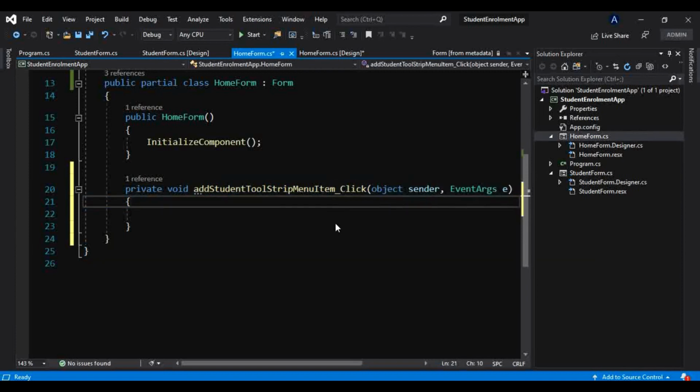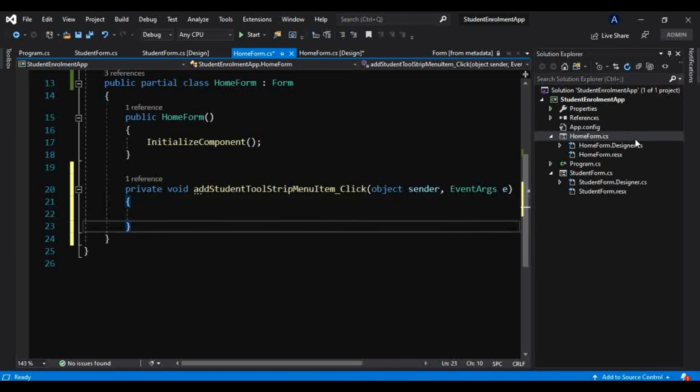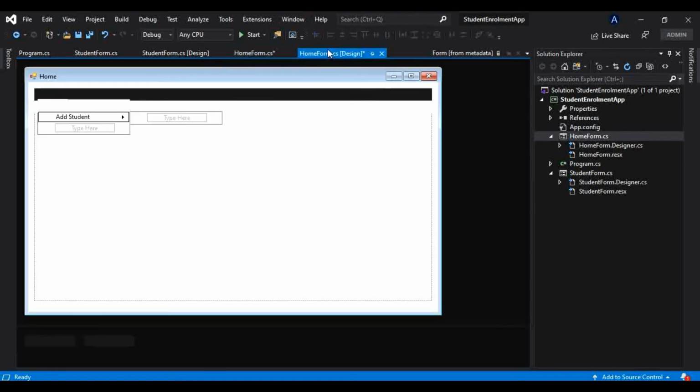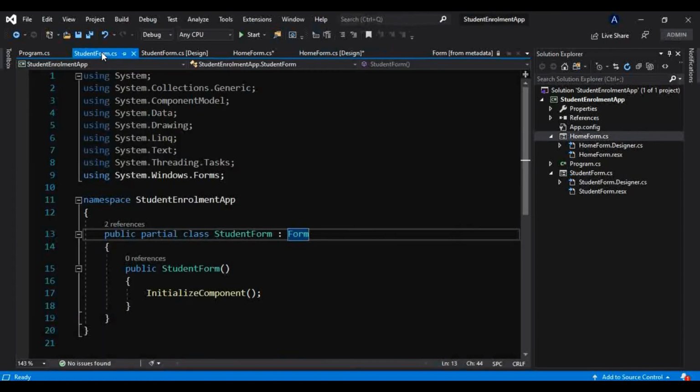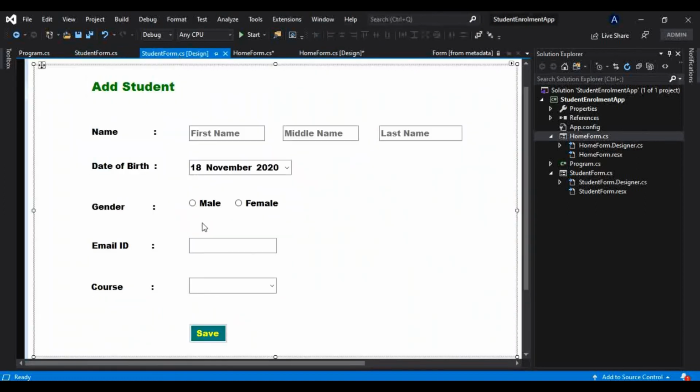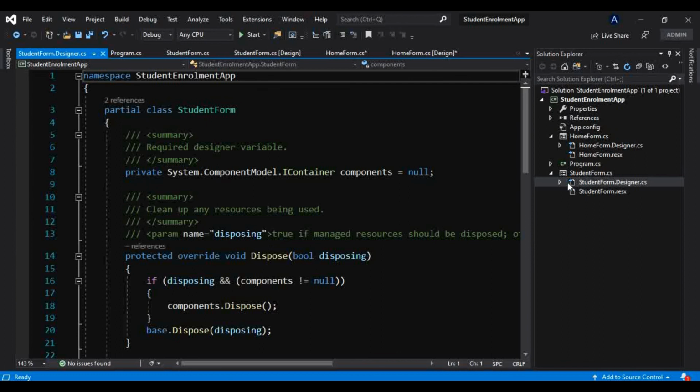Okay, now again there is one file, that is this designer file. So here all these elements get defined. Okay, so you guys might be wondering, we have added these elements here in the student form as well, that is here in this design, all these elements. So where do these elements get defined? There is this designer file, that is in the case of the student form, the student form.designer.cs.